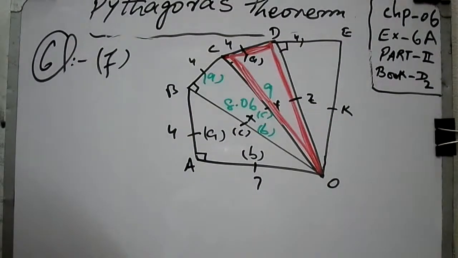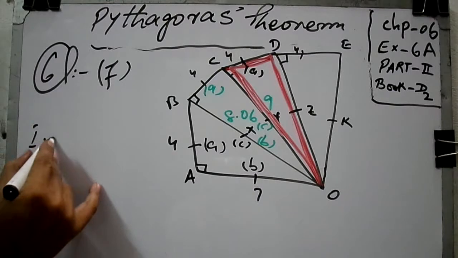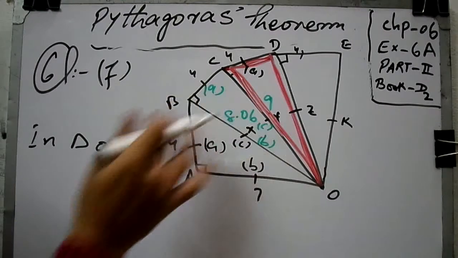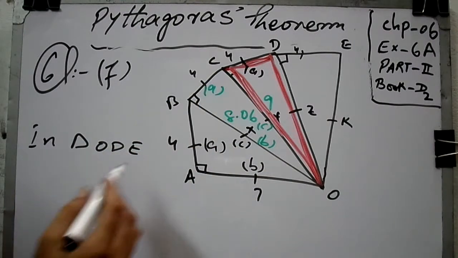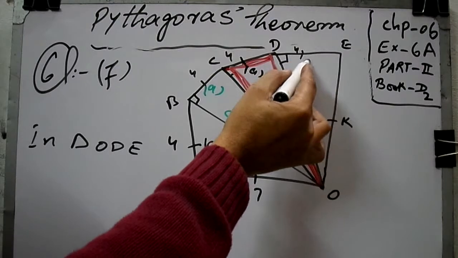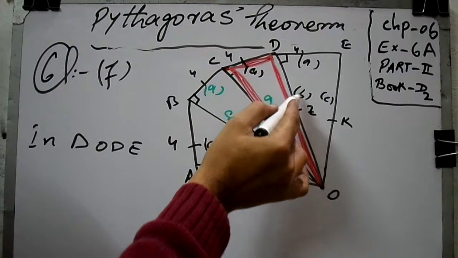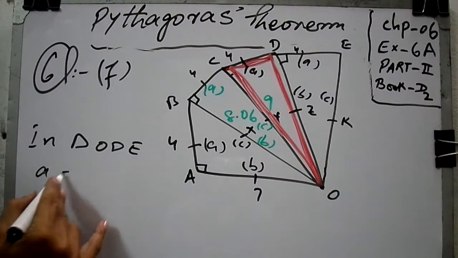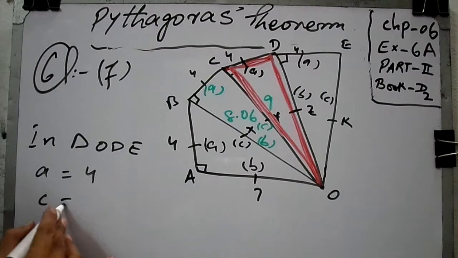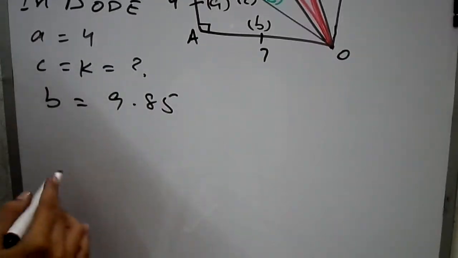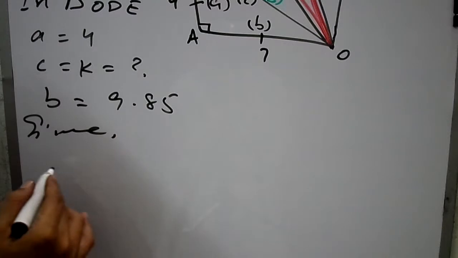Now take the triangle ODE. Here that is your altitude, that is your hypotenuse C, and that is your base B. The altitude is 4, C is equal to K, which we have to find, and the value of B we have just calculated is 9.85. Since we have a formula,